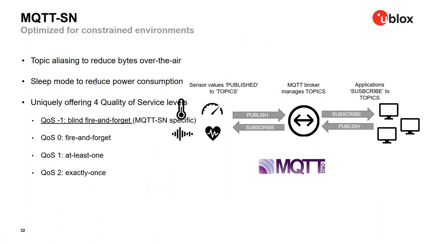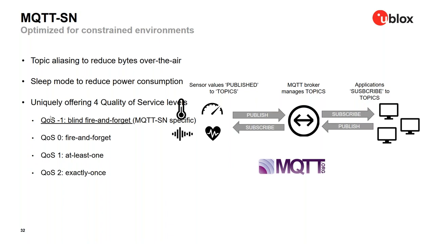There's also a sleep mode. So we saw in the main MQTT example, when a client is disconnected, messages published at a quality of service of 0 will not be delivered to it. They just disappear. With SN, the client can disconnect but set a duration to tell the broker that it's effectively going to sleep for a period of time. And during this time, the broker will queue any messages regardless of the quality of service level and deliver them back to the client when it wakes up.